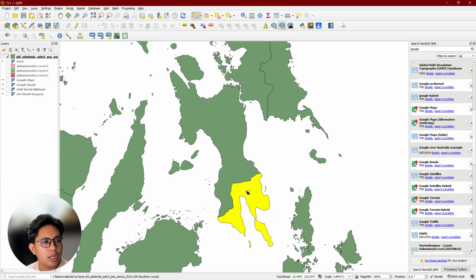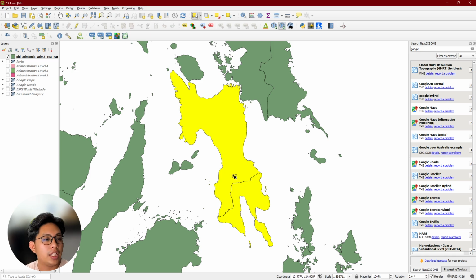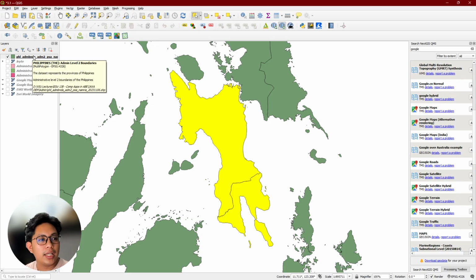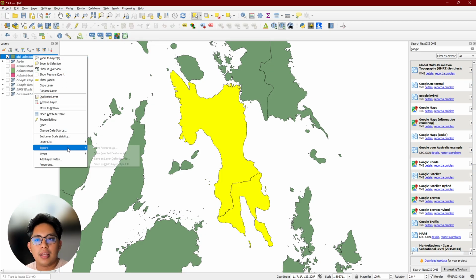But sir, I can only choose one. Press Control and then click to create multiple selections. So now that it's yellow, go back again here, right click, export, save selected features. Bali, iya lang i-save ang imong giselect.